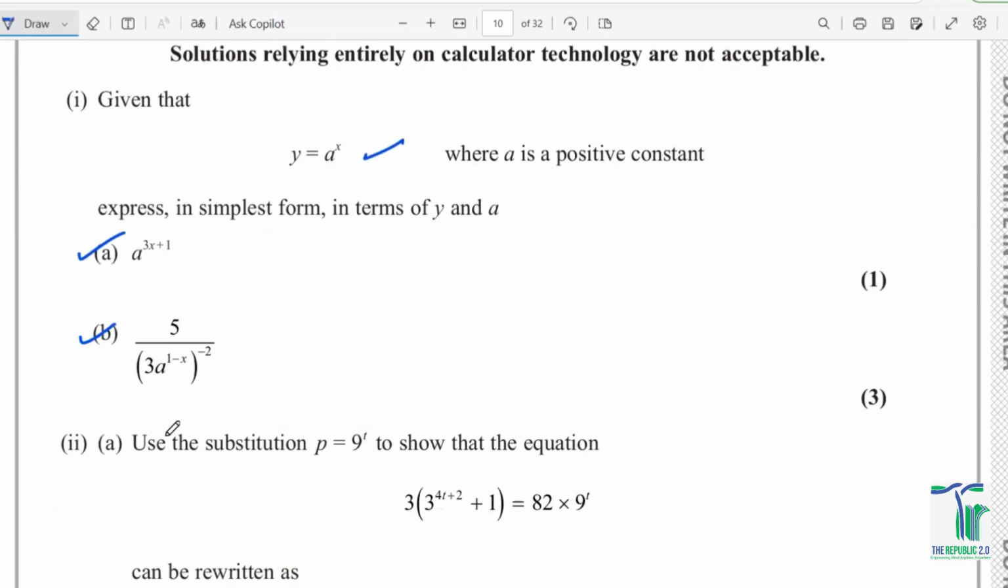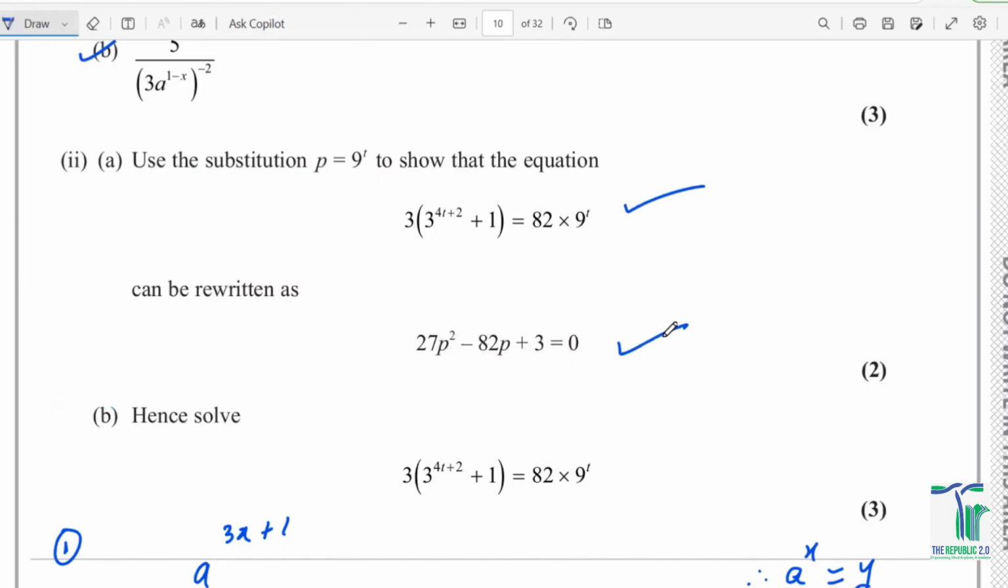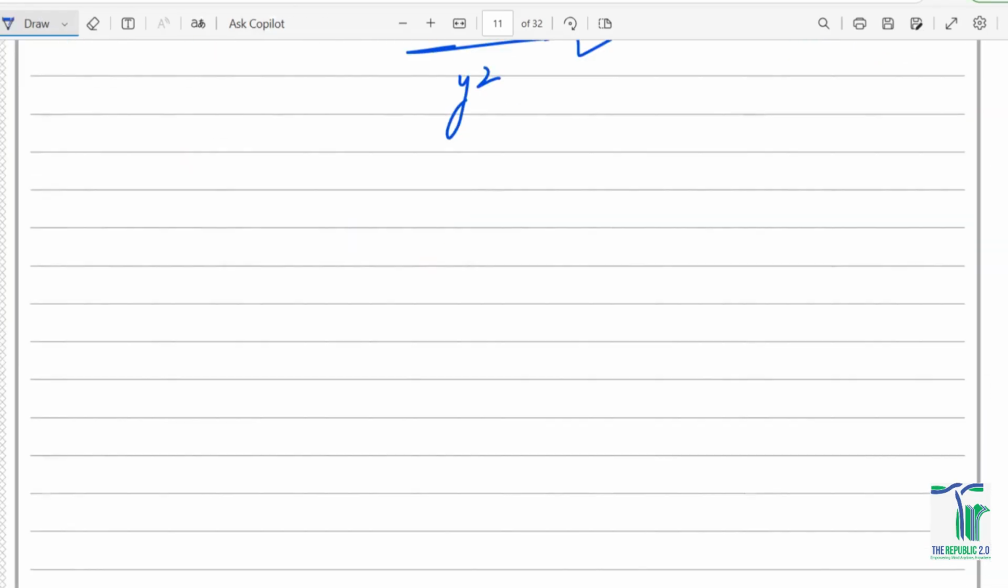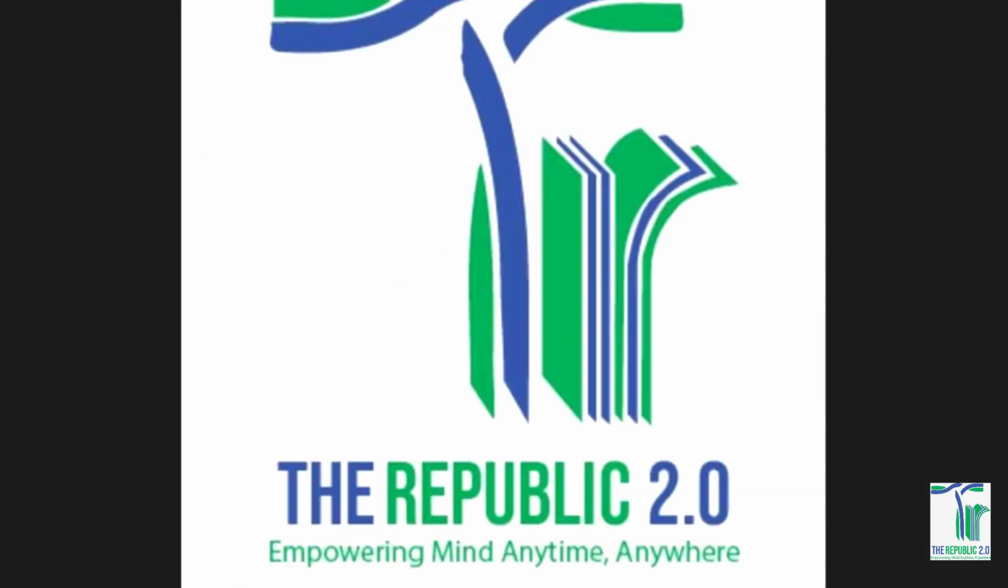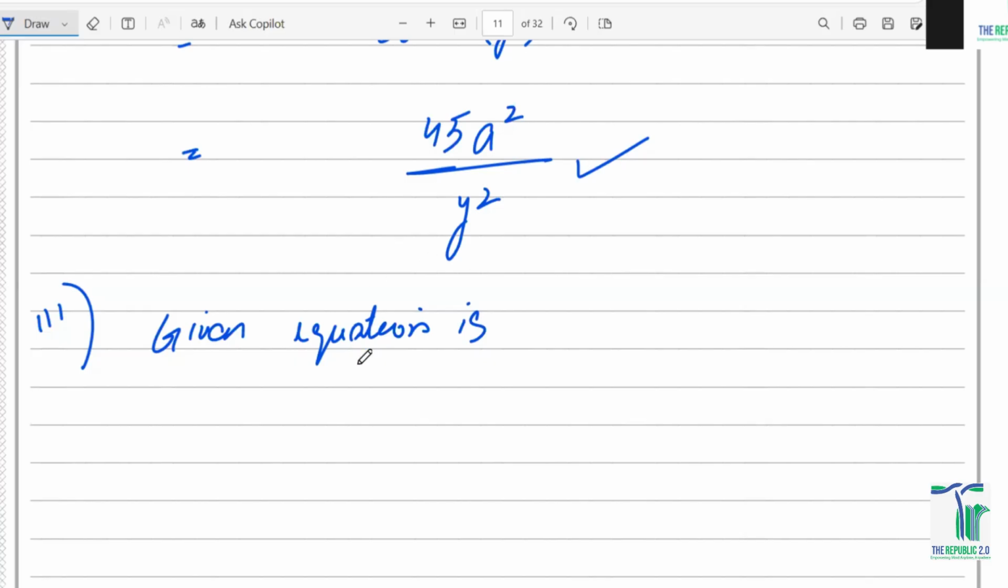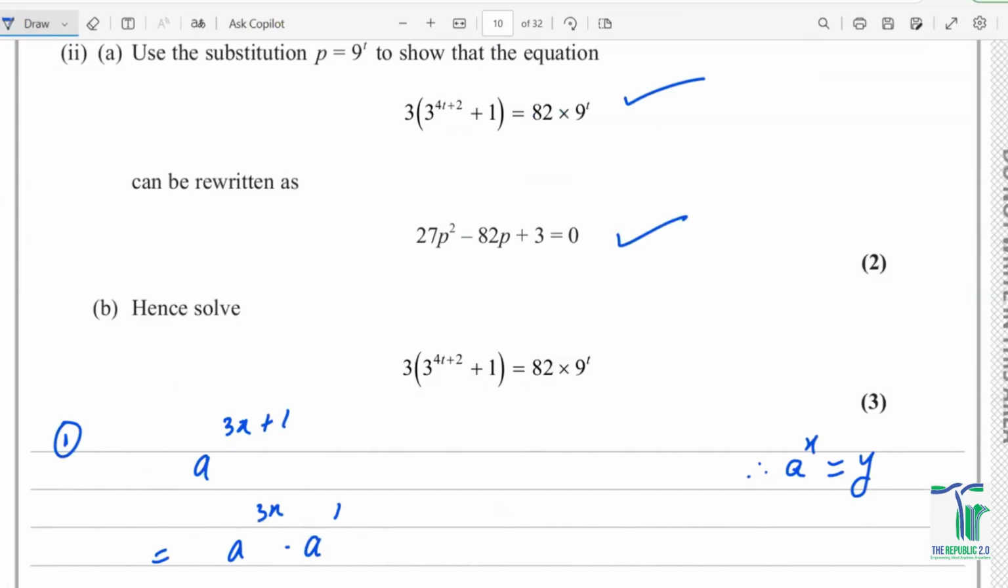Now, use the substitution p equals 9 to the power of t to show that the equation, this one, can be written as this equation. So I'm just going to take that equation, use the substitution, and make it look like this one. So I've got it, question number 3. And given the equation, if you remember, the given equation was something like